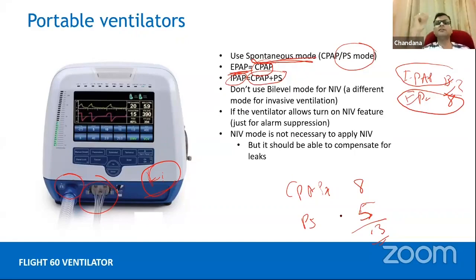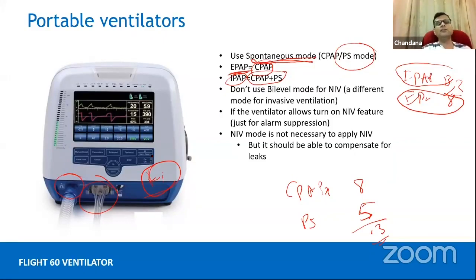But you must have seen there are certain buttons on ventilators, like NIV mode on, say, a Newport ventilator, or NIV on/off. If you go to settings in this particular ventilator, there is a setting called NIV on, NIV off. It's not actually visible, and you don't have to change it. But if you change it, the only thing it does is minimize some of these alarms, because if you don't tell the portable ventilator that you are in NIV mode,